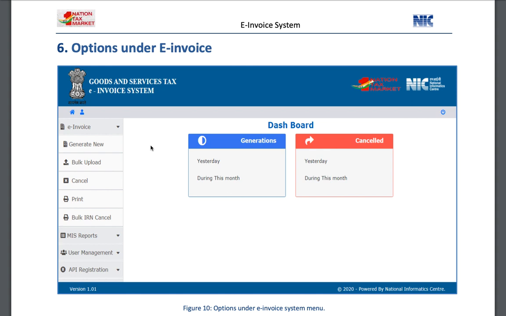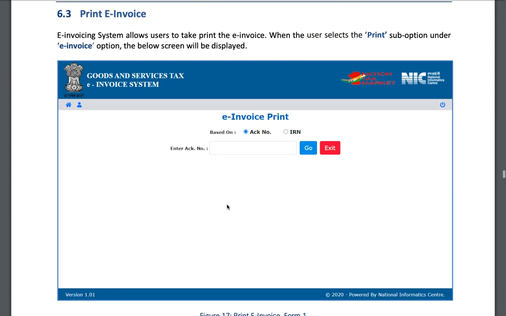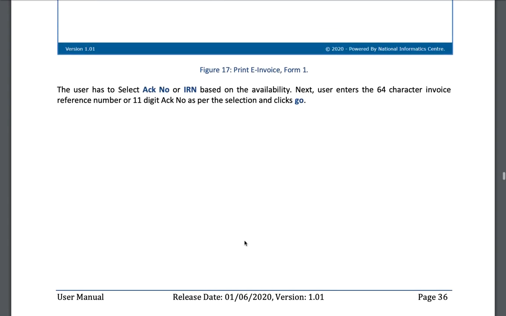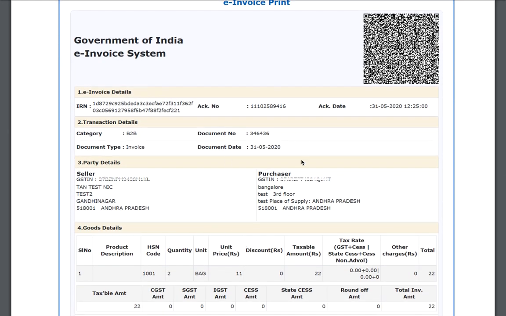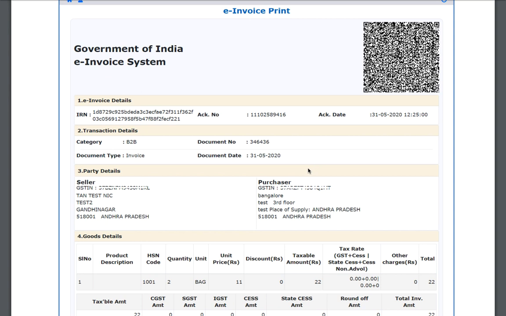Once you log in into the e-invoice system, you will find a print option under the e-invoice section. On clicking on print, you will be taken to a print page where you can specify the acknowledgement number or the IRN number and click on go. As soon as you do that, the government portal will give you an option to print the e-invoice. Now this will be the e-invoice and your actual invoice will be attached to it as an annexure and you